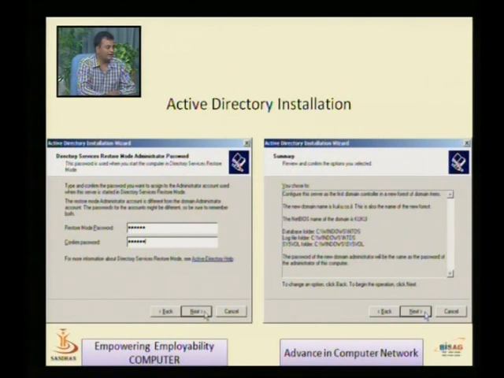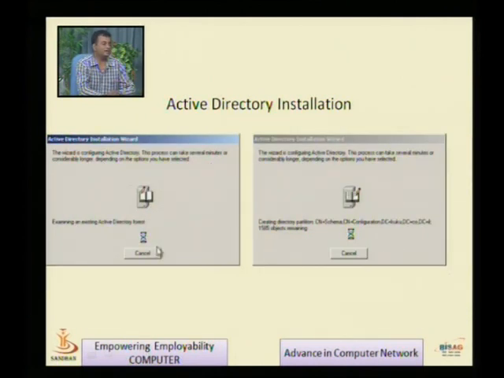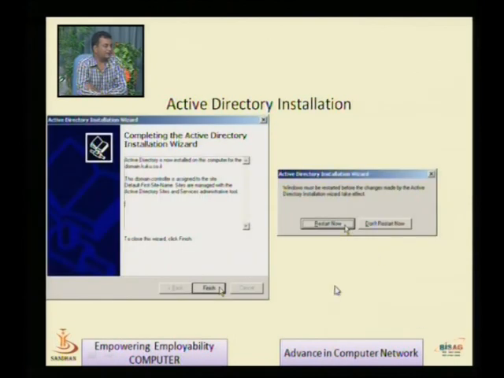Finally, if you click next, you will find the next screen, like a summary of the Active Directory. After this summary, if you click next, it is going to start the Active Directory installation, giving the GUI like it is writing the Active Directory. This kind of picture you will find, and this way a number of files are getting created and stored on the server. After this, finally it gives the message completing the Active Directory installation wizard. After you click finish, you will find this message that Windows needs to restart.